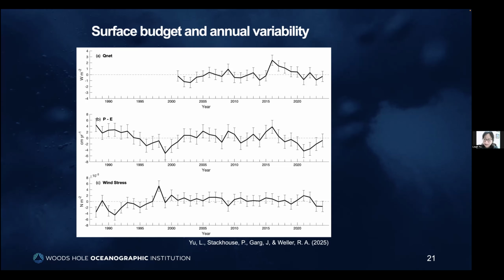But we see the major peaks in the 2016 El Nino, and about two watts per meter square imbalance. And this imbalance has been coming down in recent years. We also see the peaks in the P minus E in 2016, which shows ENSO is a big influence